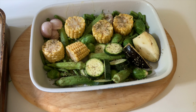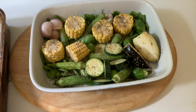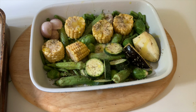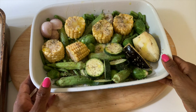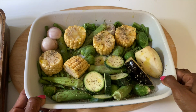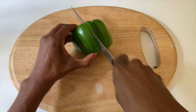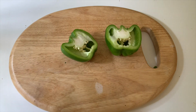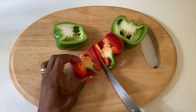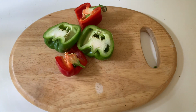They sell them in different brands. Add in a little bit more salt there and a little bit of olive oil. And now they're ready to go in the oven to be baked. I'm chopping my peppers now. I love peppers. I love vegetables anyway, but yes, these peppers, I'm going to dice them into little cubes so